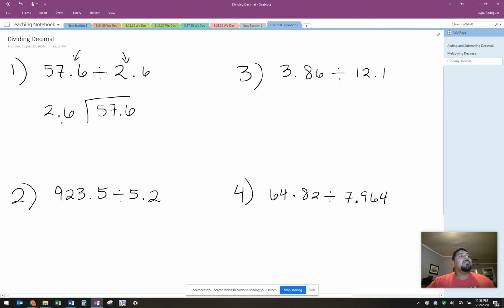So in order to turn 2.6 into a natural number, I just need to multiply it by 10, or just move the decimal over once. And if I do that here, in order for it to be the same, I need to also do it here. So what I'm really looking at is I move the decimal place over. So now I'm looking at 26, and I'm dividing